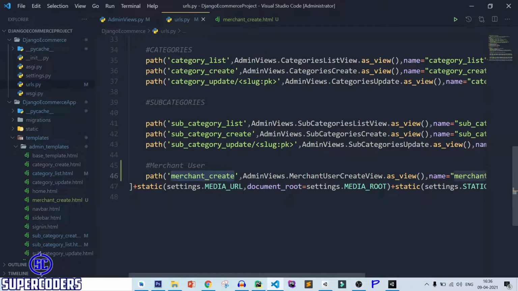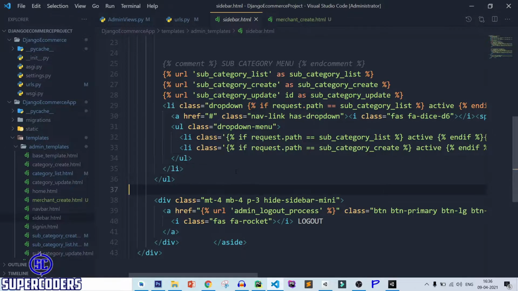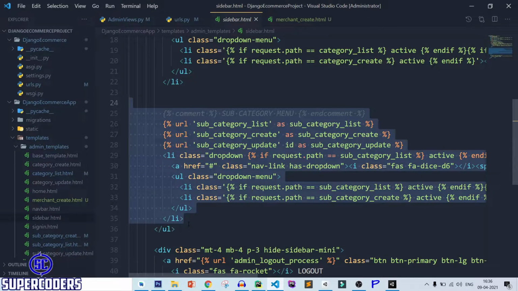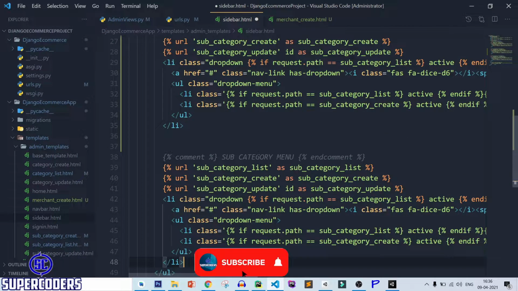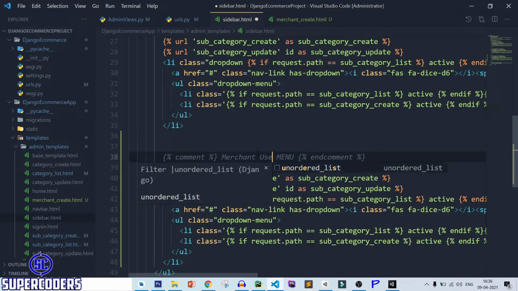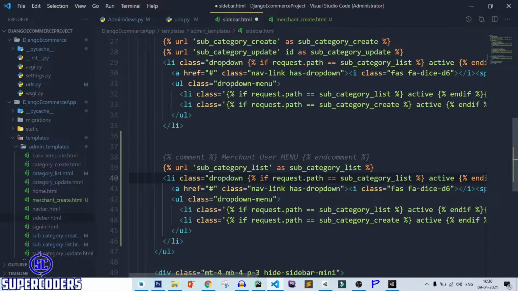Open this page, or let's link with sidebar also. So open sidebar and just copy the code of previous sidebar content. So copy it, merchant user menu. After that, let's remove this and here merchant create.